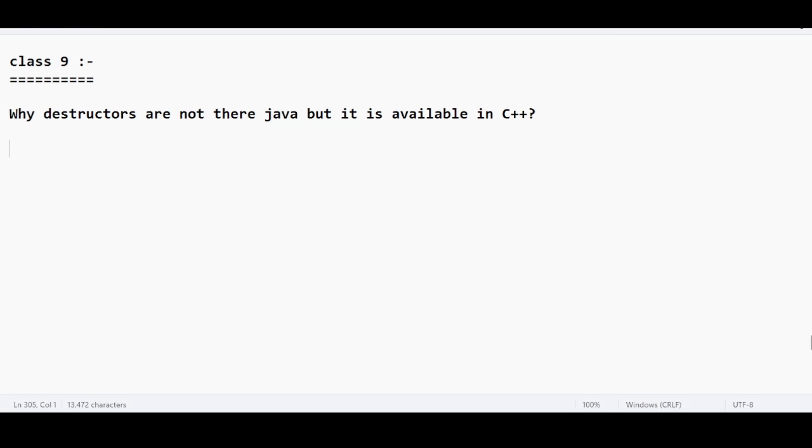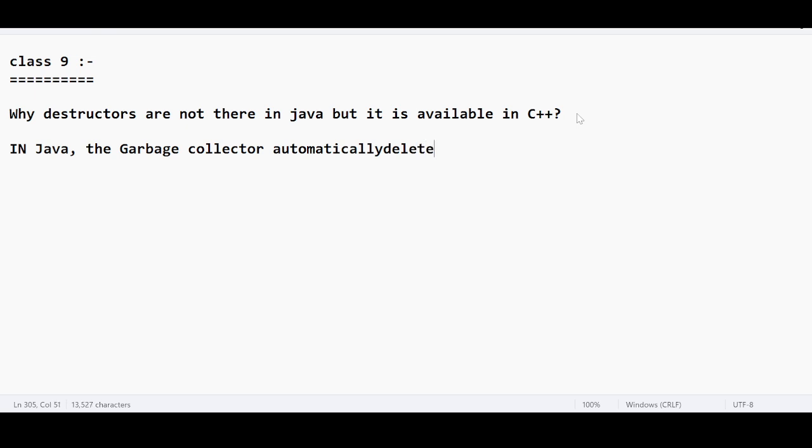Let me go back. Why are destructors not there in Java but there in C++? The answer should be very simple. You should keep the answer very simple. In Java, there is the concept of the garbage collector. Garbage collector means the unused object. The garbage collector automatically deletes the unused objects